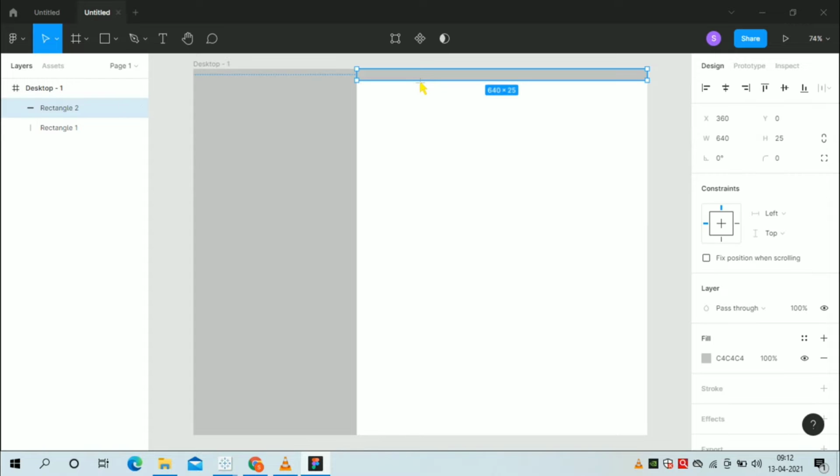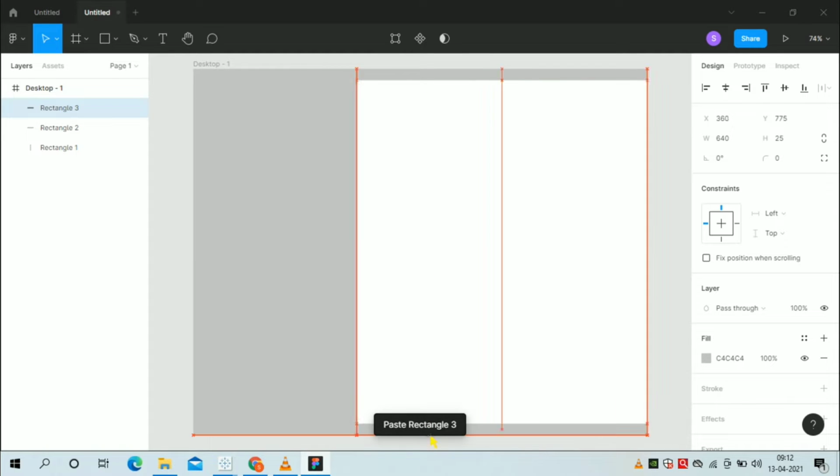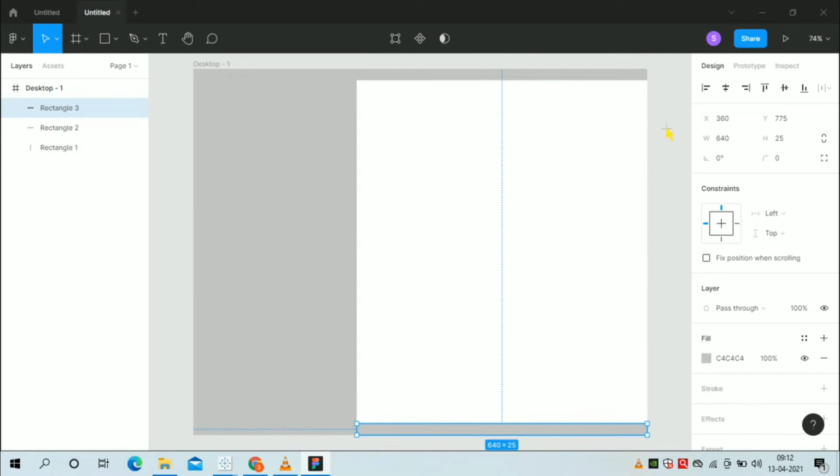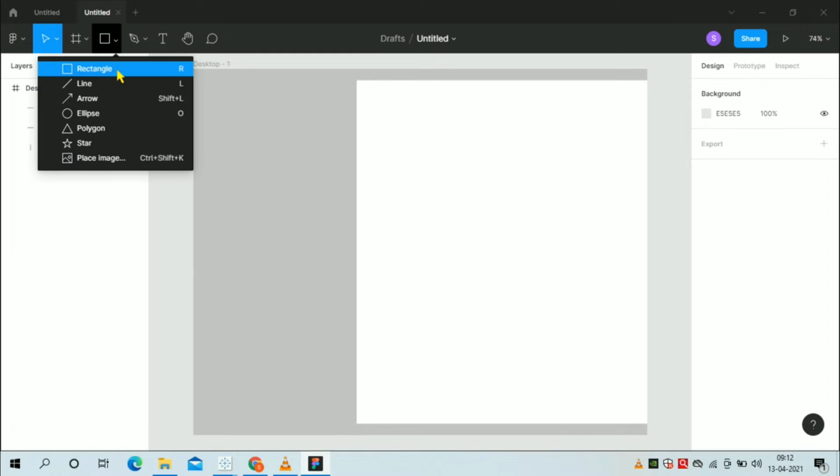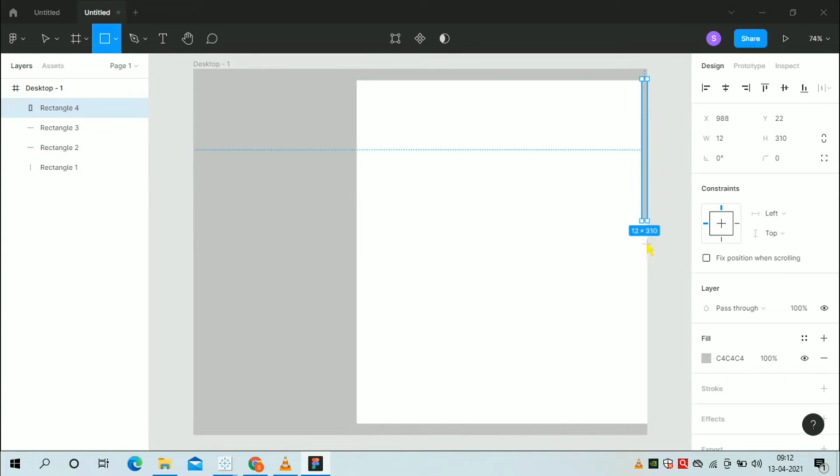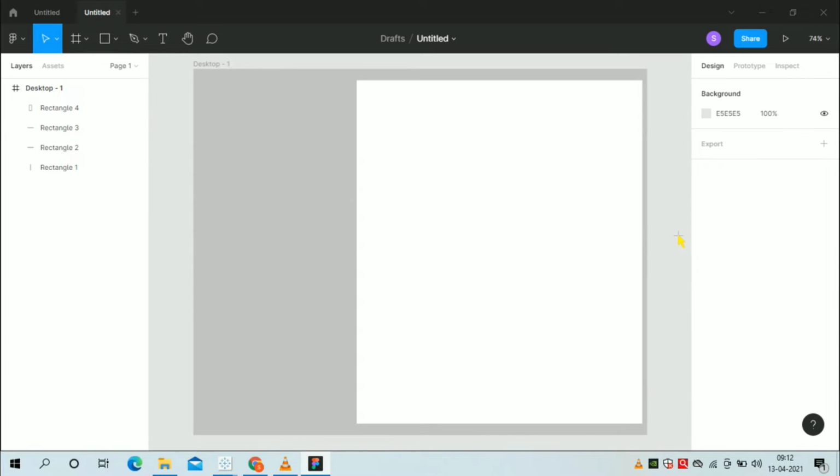Similarly, create all the 4 rectangles here. Okay, now you have created the rectangles.